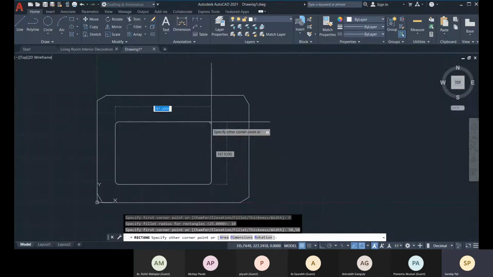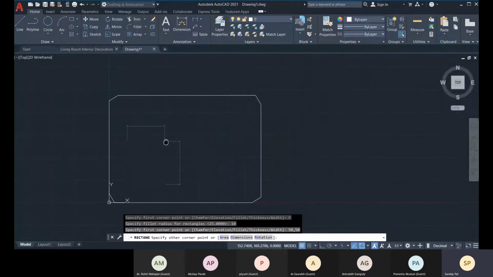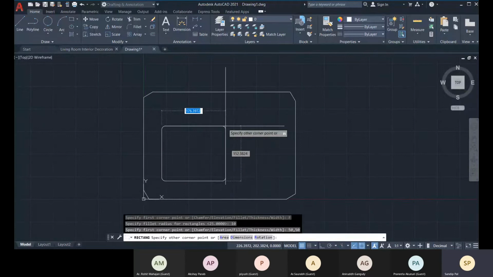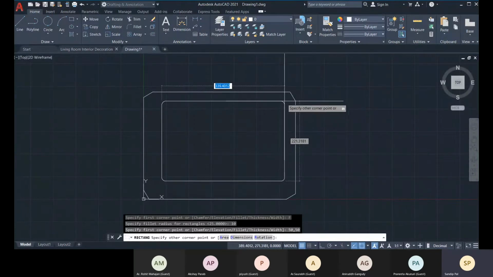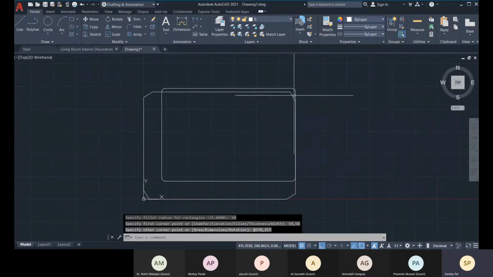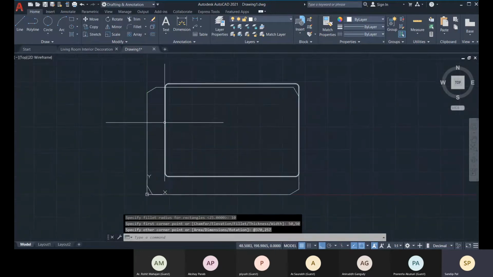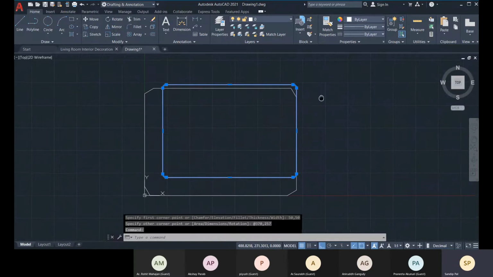The first coordinate is 50, 50. Then your second coordinate will be like 370 by 257, enter. Okay. Probably I'm wrong.